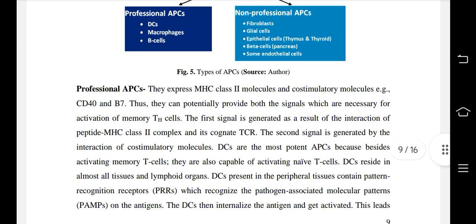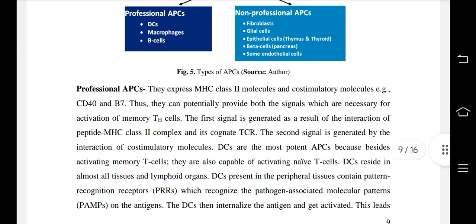They express MHC class II molecules and co-stimulatory molecules CD40 and B7. Thus, they can potentially provide both the signals which are necessary for activation of memory Th cells. The first signal is generated as a result of the interaction of peptide MHC class II complex and its cognate TCR. The second signal is generated by the interaction of co-stimulatory molecules. These are the most potent APCs because besides activating memory T cells, they are also capable of activating